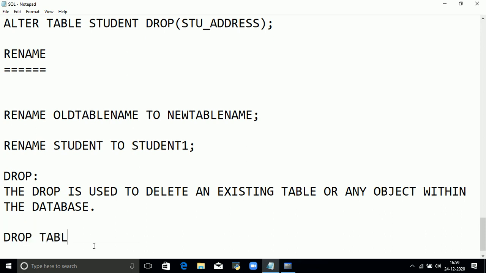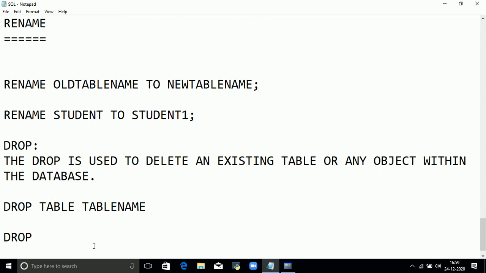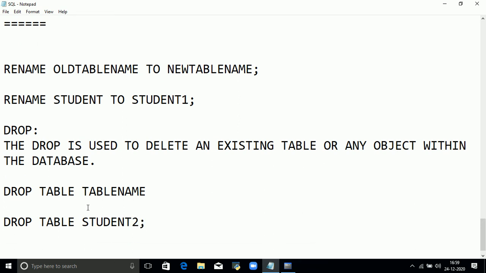Drop table table name. What is my table name? Student2. Just drop it.